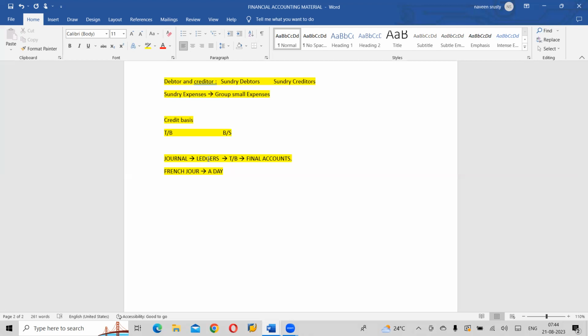In the GL ledger module, we will prepare each and every individual ledger account. So here we will do a cash account separately, purchases account separately, ABC account separately, XYZ account separately, 123 account separately, rent account separately, salaries account separately, commission received account separately, right? Discount received account separately. So whatever accounts are there in the journal, each and every account will be taken in the ledger separately. So what is the advantage with the ledger?